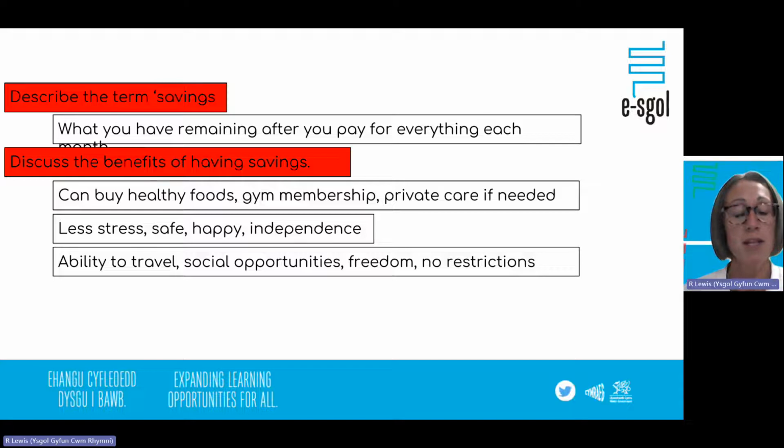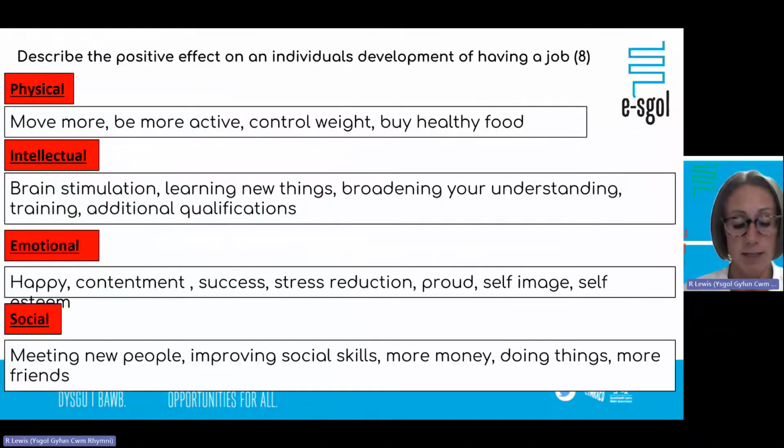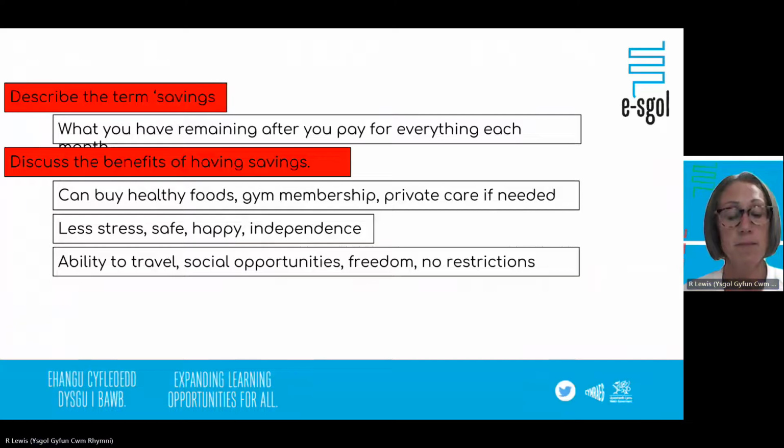Another question based on money is: describe the positive effects of an individual in a job. Okay, so this was an 8-mark question, which I think is a high value question, but an easy 8 marks if you construct a structure to your answer. Okay, and I'm going to break this down for you into the physical side of it, as well as the